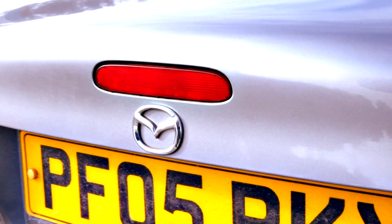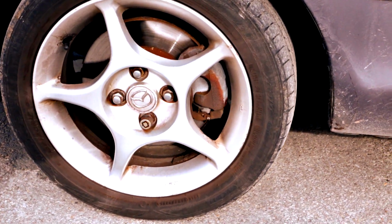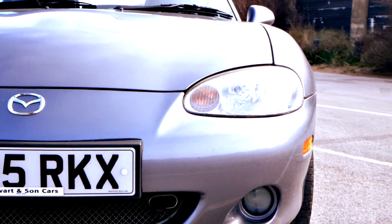So the good news is, we only paid $2,200 for this car. Has 27,000 miles, which is a pretty rare feat for a car of this age. I think a collector would be very happy to keep hold of this one, and it is a very, very, very good example. What we'll be looking to do is get all rusted areas sorted out,